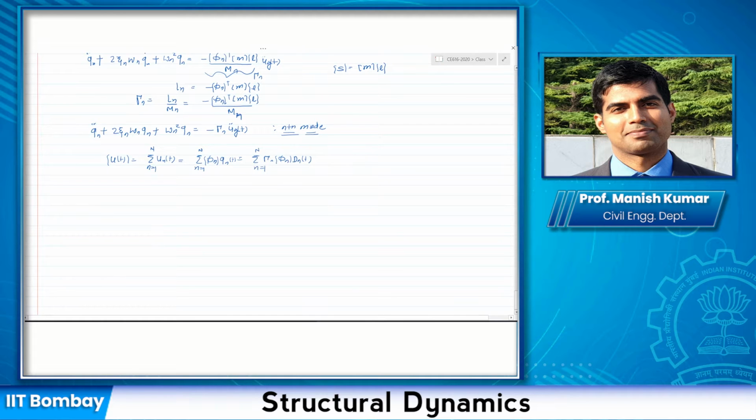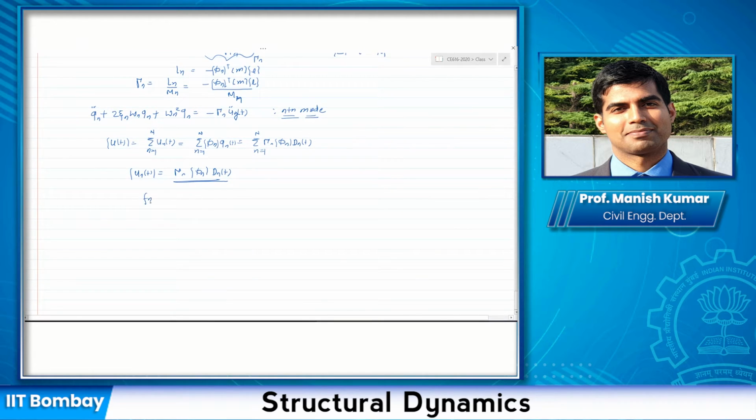Okay, is this clear to all of you? I'm not doing anything new. My unt is basically this, so I've just written this down. Now in addition to that, we had also derived that my equivalent static force in the nth mode is Sn times the acceleration. Okay, so you know the displacement in the nth mode, and you know the equivalent static forces in the nth mode. Your job is now basically very easy.